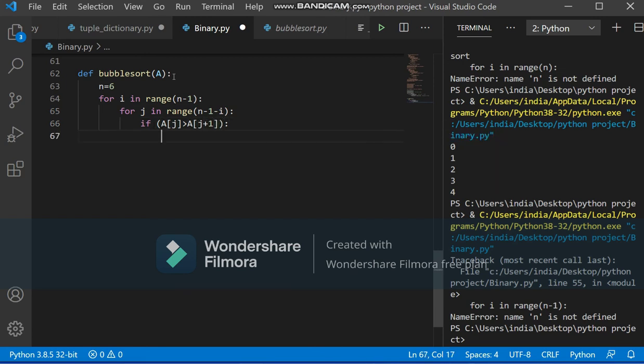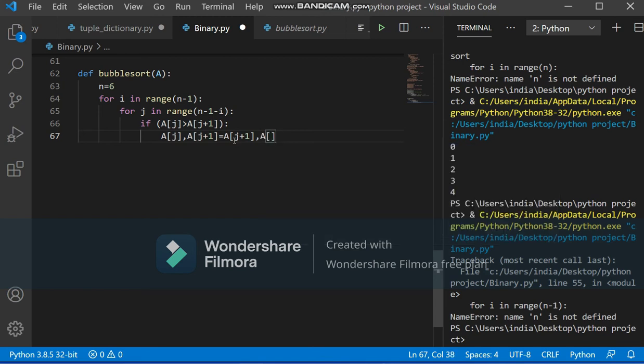If yes, then swap. And in Python, for swapping, we have a very simple statement. At a[j] position, we want a[j+1], and at a[j+1], we want a[j]. So we have to write it something like this: a[j], a[j+1] = a[j+1], a[j].